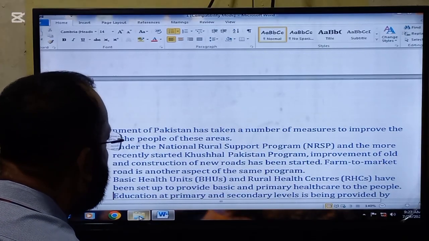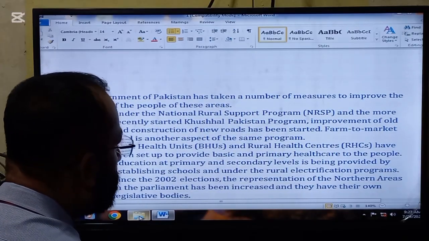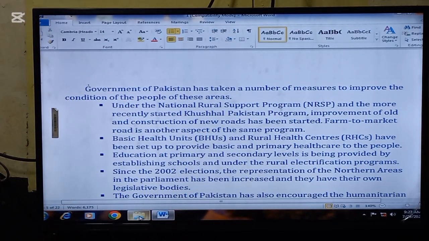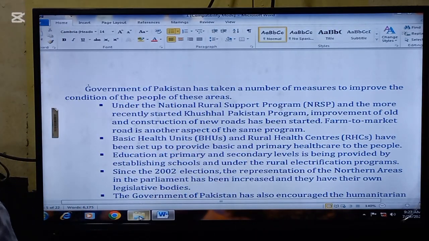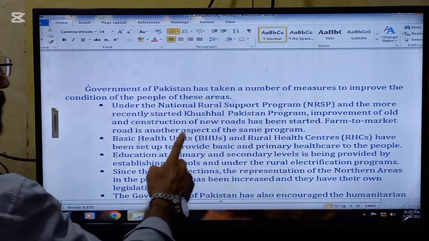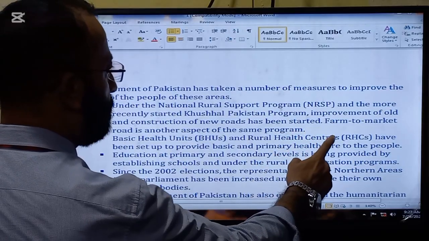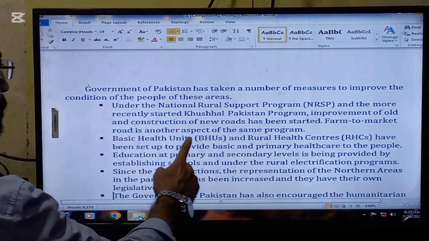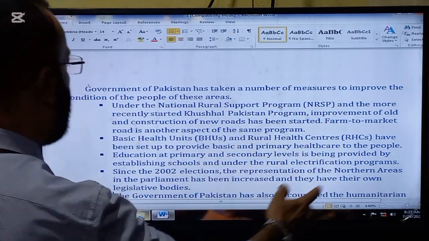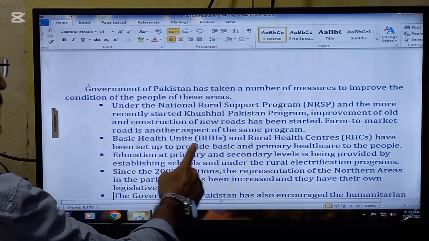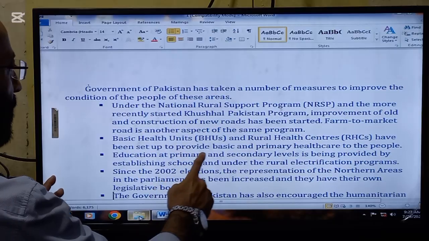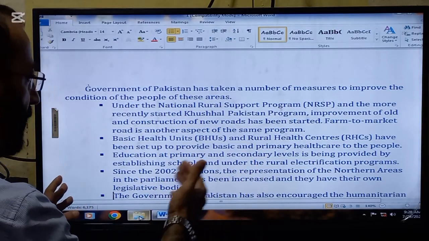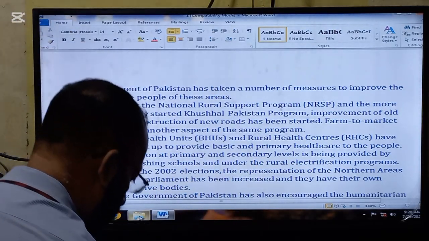Okay, here we are going to read the government efforts to remove their problems. The Government of Pakistan has taken a number of measures to improve the conditions of the people of these areas under the National Rural Support Program, that is NRSP, and the more recently started Khushhal Pakistan program. Improvement of old and construction of new roads has been started. Farm to Market Road is another aspect of the same program to improve the economic condition of the northern areas